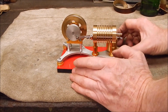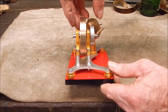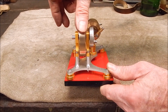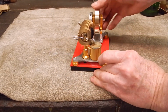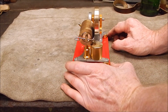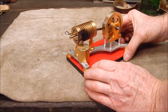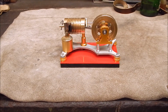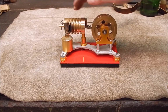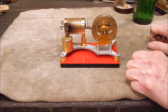So what I did then was, you can probably see inside, I lightened the piston, machined a whole lot of the wall thickness away, so it's only about a third as much wall as it had, and that's all it really needs anyway. I did the same on the valve up this end, the piston port valve. I machined about 2/3 of that away, lightened down the reciprocating mass on it. And now it's just a matter of, will that do it? Is that what it took? I gave it a good lube. Also, I polished the piston and the port valve with Brasso. You can't use any oil on the bore, and you can't use even graphite. It just binds it up. So it's just brass on brass, polished with Brasso,